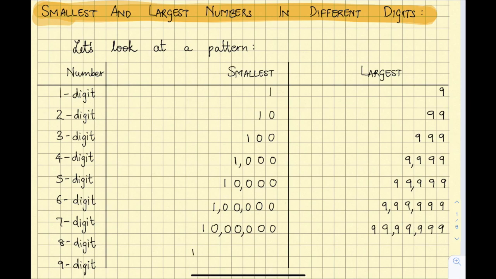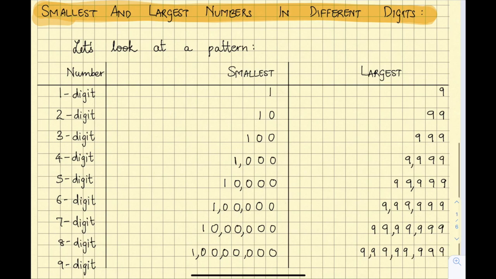Now we want the 8 digit number. So we write 7 times 0 and the digit 1. So we get ones, tens, hundreds, comma, thousand, 10,000, comma, lakh, 10 lakh, comma, and crore. And then here we write the digit 9 8 times. So we get the largest 8 digit number and we place the commas.